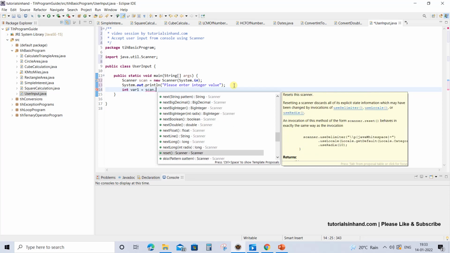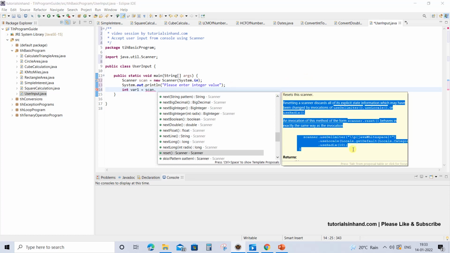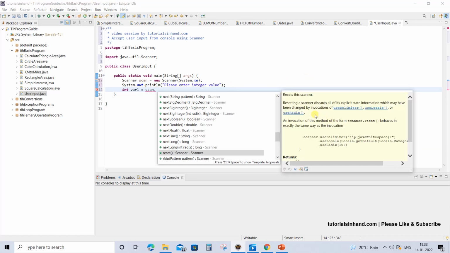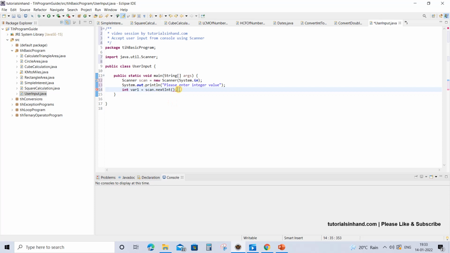You can check the details over here. You can read it and you will be able to understand exactly why each method is needed. But for now we are going to take nextInt because we want the user to enter an integer value over here.